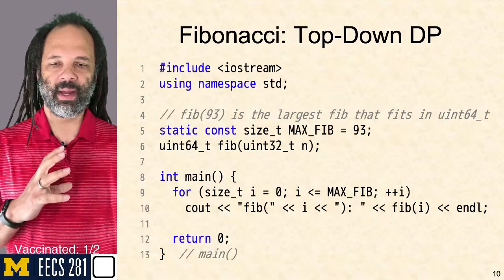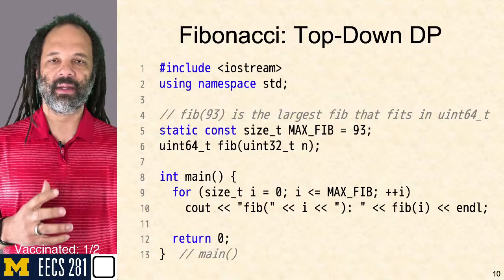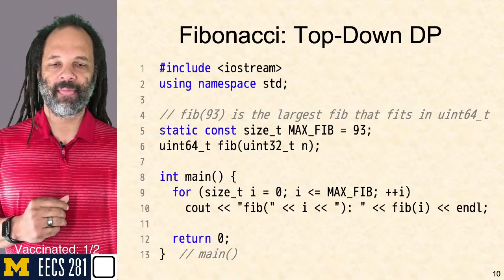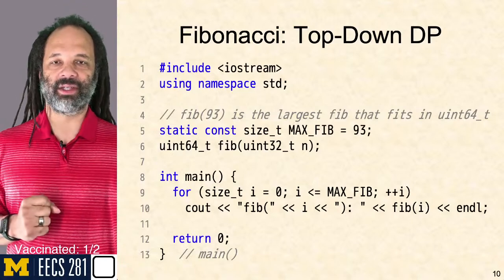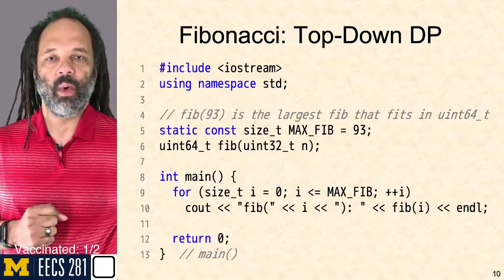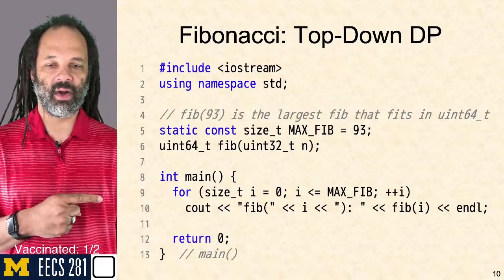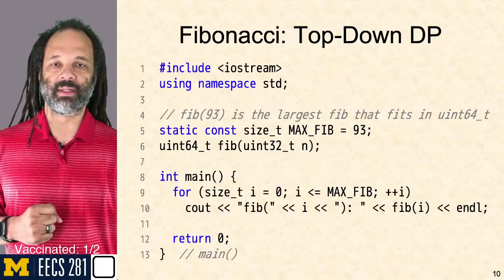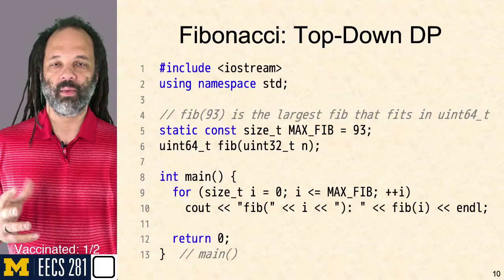Well, in order for me to pull this off, I've got to have enough space to hold all of these values. In the end, I'm going to want to get that 93rd Fibonacci number. And so we're going to end up needing additional space there, and so that's why the less than or equal to is important. So for instance, if I said my container was able to hold those 93 Fibonacci numbers, and